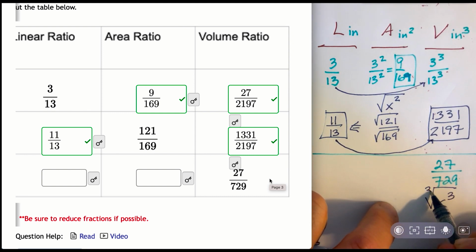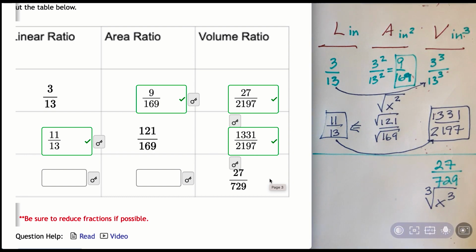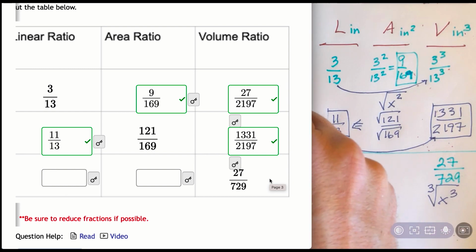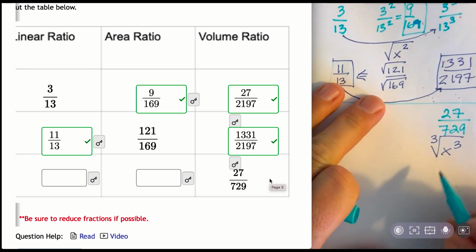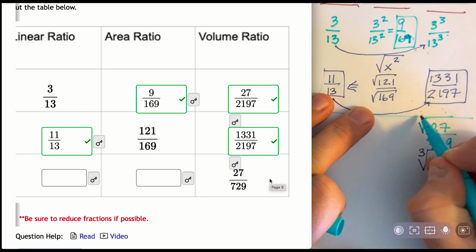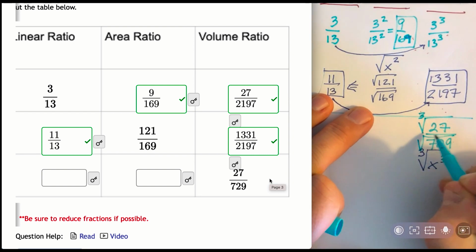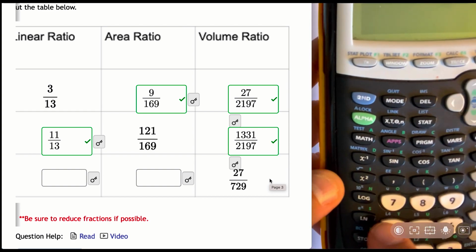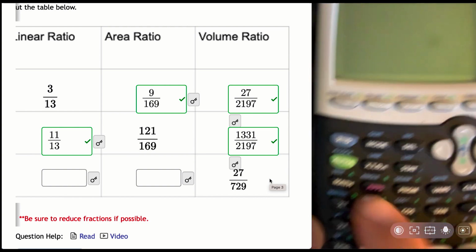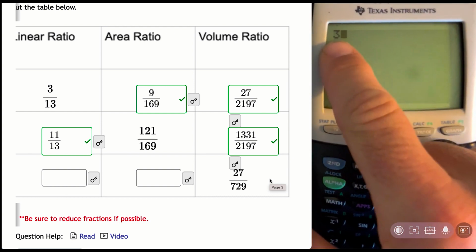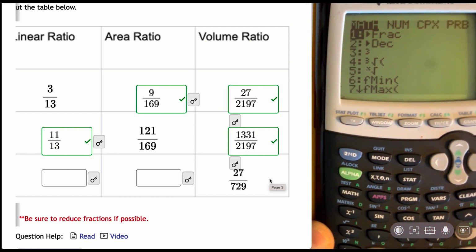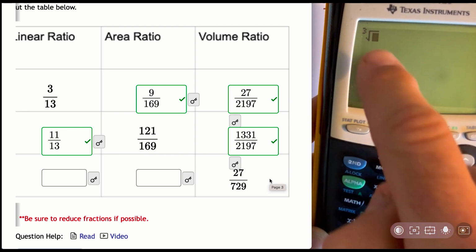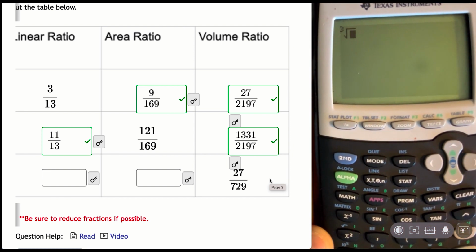That is a challenge for some of you on your different calculators. If you're using a graphing calculator like this, and you're going to do a cube root of, for example, let me write it out here first. We're going to try to cube root the 27, and we're going to do a cube root of the 729. The way you do that on a graphing calculator like this is under the math key. You type the number 3 first for the cube part, then press the math key and then press 5. That'll put the 3 in the corner, or you might have an older calculator that'll just say 3 and then there'll be an x and a root symbol. And then from there you'll get the